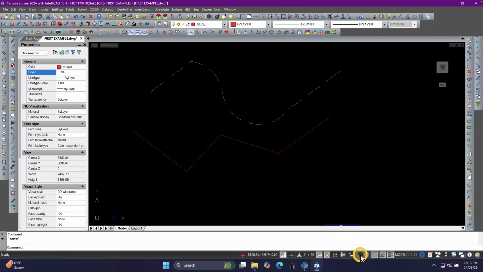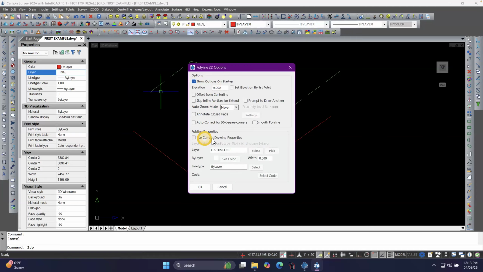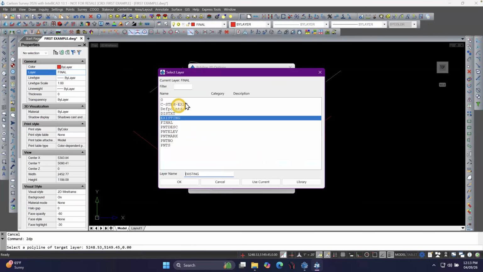Let me turn on, yeah, my line weights are on. Okay, so that's how we're going to start to create our drawings. We're going to put certain things on certain layers, and we can control what they are. I can also draw a 2D polyline, and if I uncheck this use current, I don't have to go and switch to a different layer. I can simply pick from something in the drawing, see it found existing, or I can select and choose